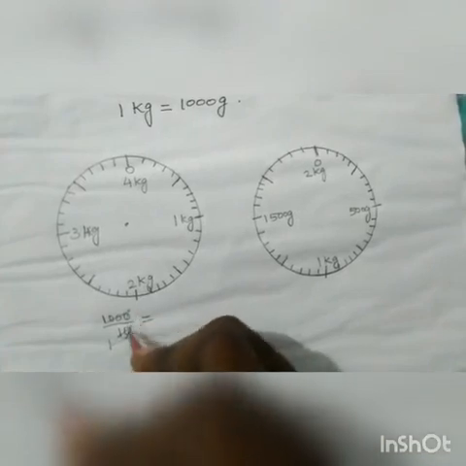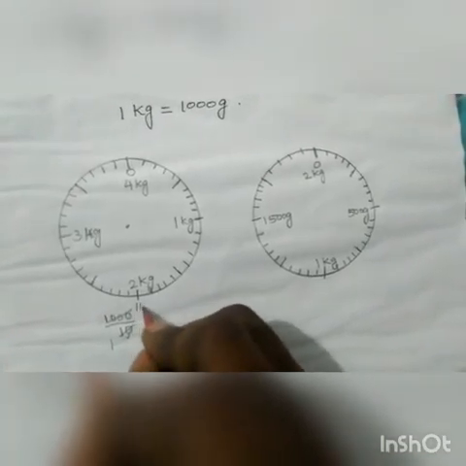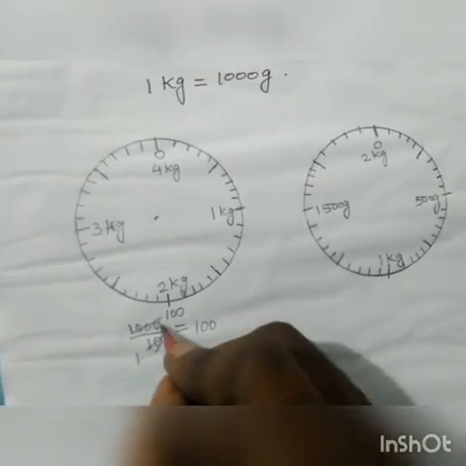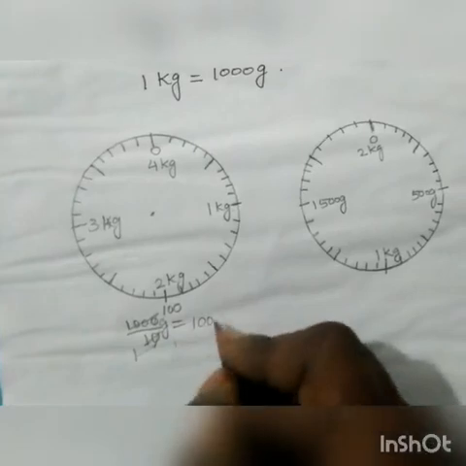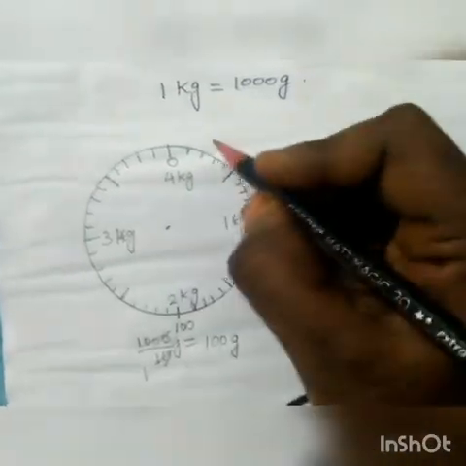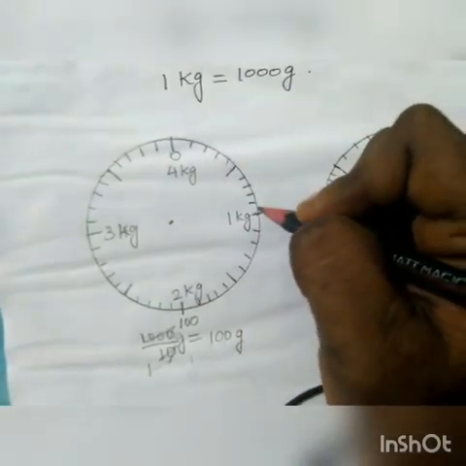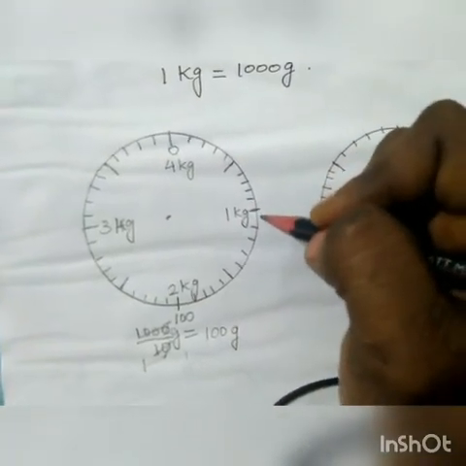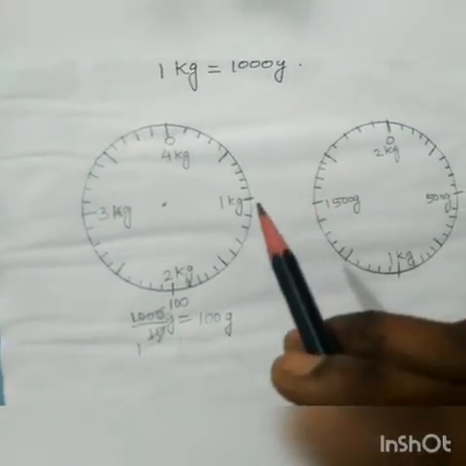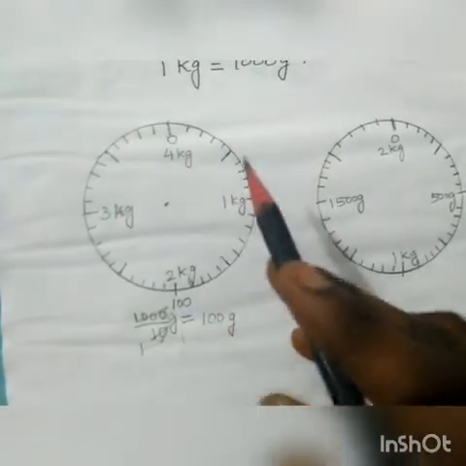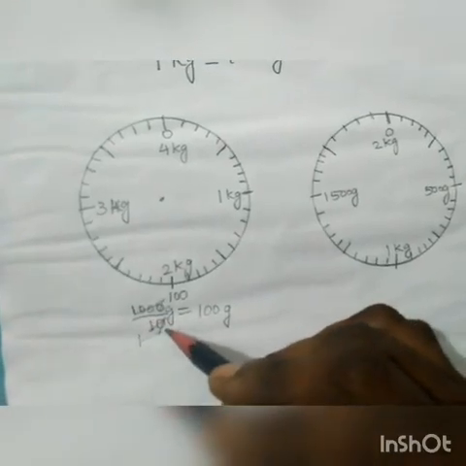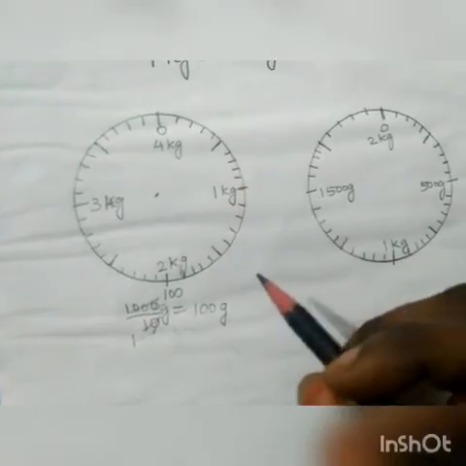This is one time, 10 ones are 10. And here 100 tens are 1000. So we will get 100. This 1000 represents gram, right? So 100 gram. So each line represents 100 gram. Here 10 lines are there, so each line represents 100 gram. For every weight machine we have to find like this. Here from 0 to 1 kg 10 lines are there, so I divided 1 kg by 10 because of using 10 lines.